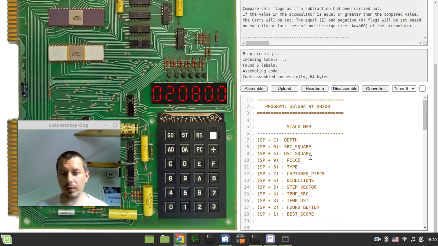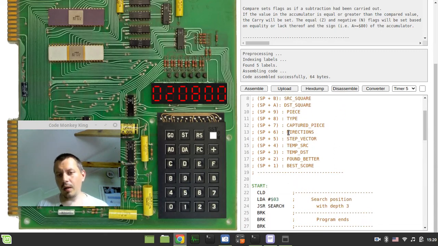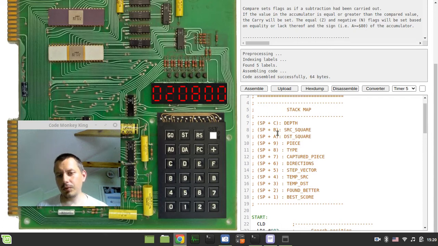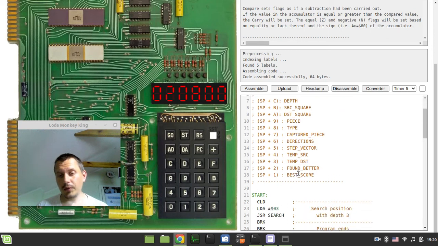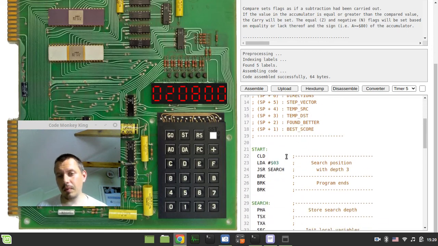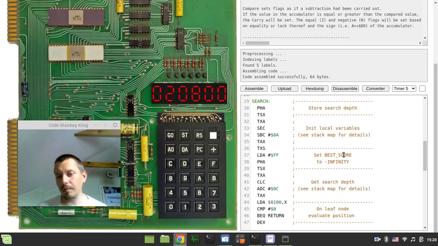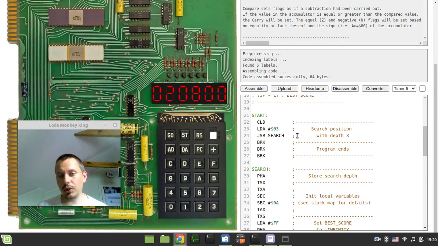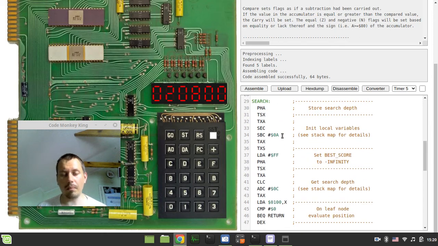Xiangqi here. So since the last video, I've cleaned up the code a little bit. Now I just have this kind of stack map that allows me to see how to reference the certain local variables that have been defined within my search function for a chess engine. And now instead of just pushing and pulling values many times, I just adjust the stack pointer like